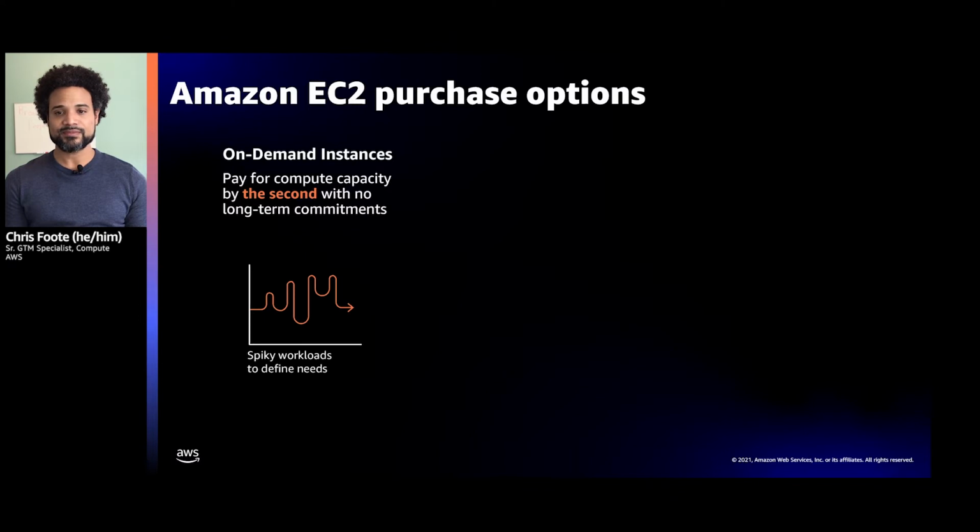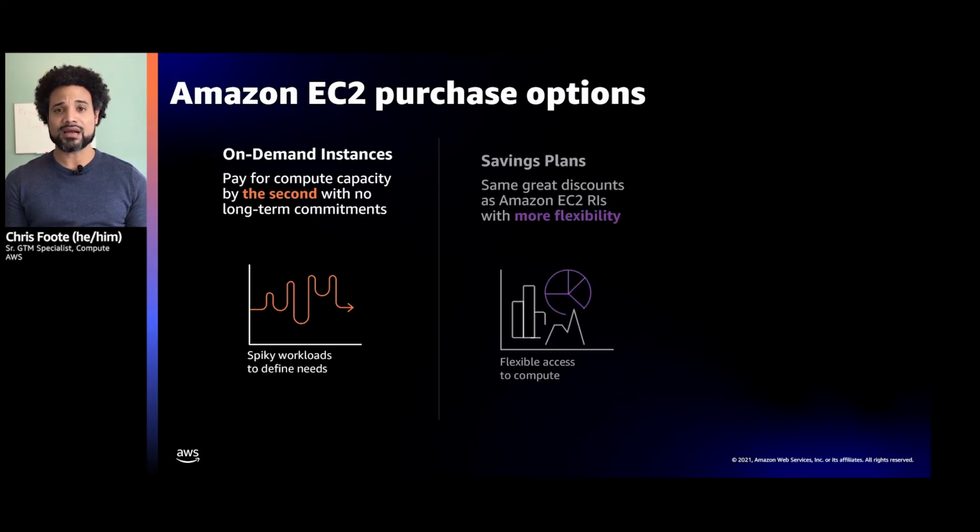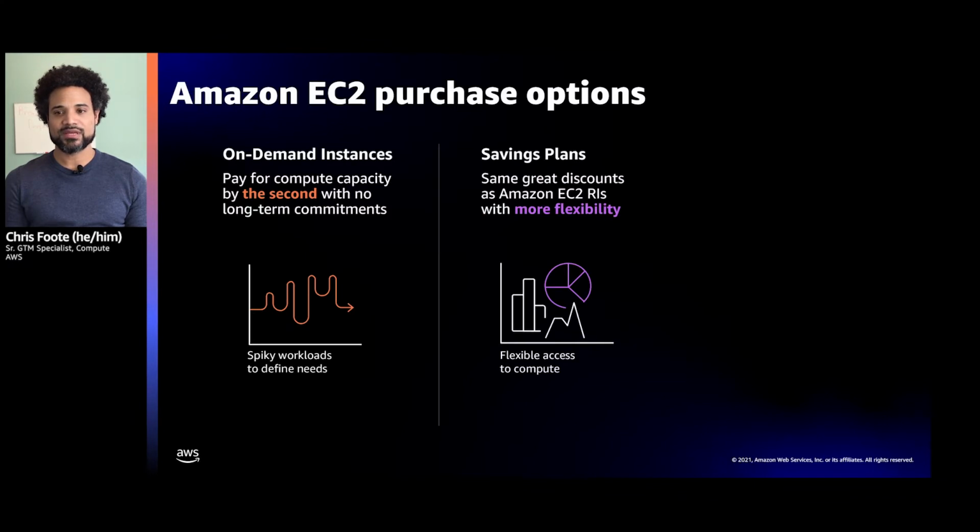And after on demand, customers usually begin to cost optimize in a couple of different ways. So the first are Savings Plans. Savings Plans are great for steady state workloads. What customers will do with Savings Plans is make either a 1 or 3 year commitment, and it comes with a significant discount off of on demand. Savings Plans are also instance flexible, so you can leverage multiple instance sizes, you can leverage multiple instance families, really whatever works for your workload.